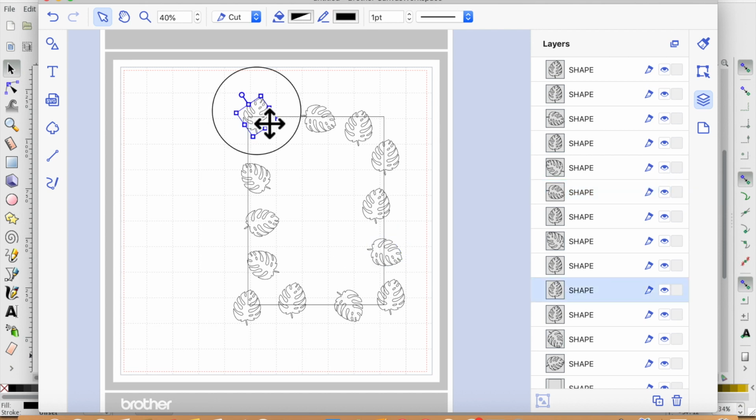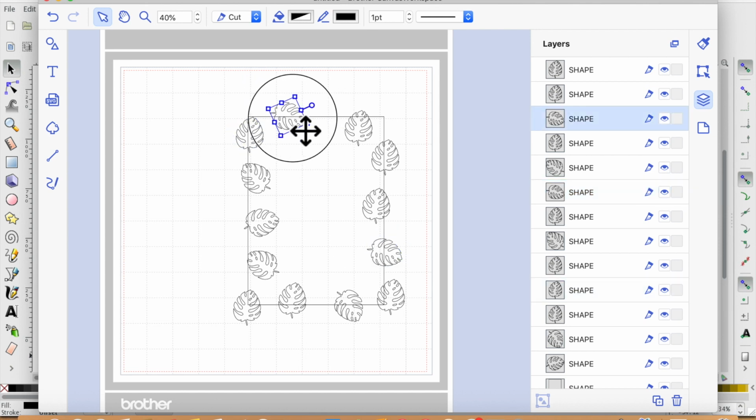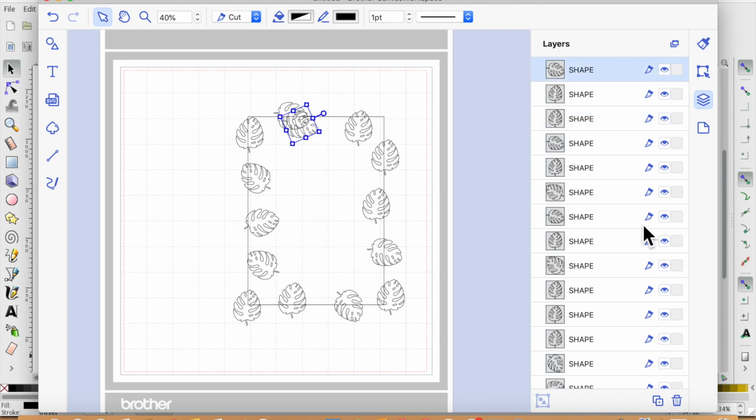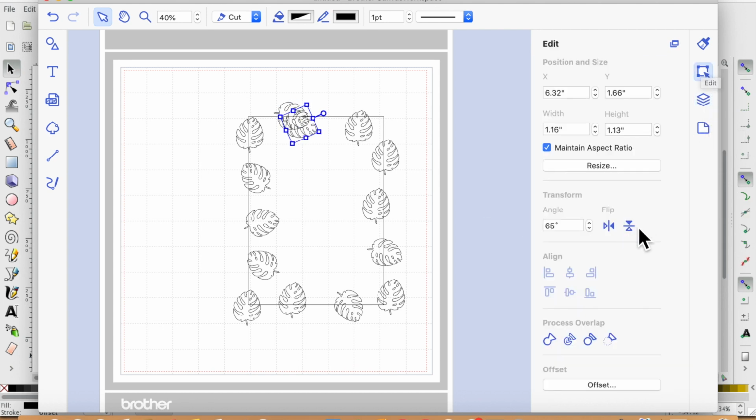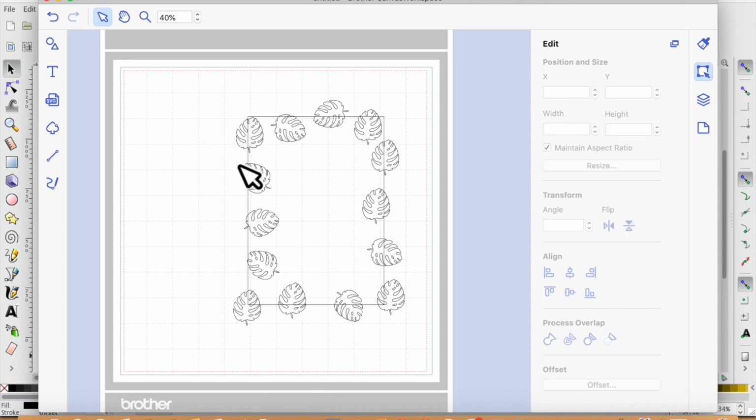So I'm then just going to move that one down a little bit, maybe move this one across, maybe make another duplicate. I can flip it and put it this way, rather than just doing all the rotation. Make that one a bit further on, that one across. So now what you're going to do is,